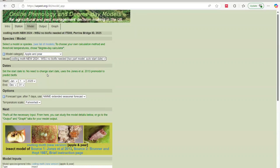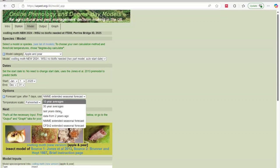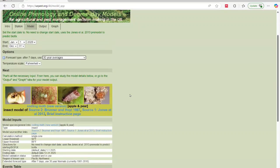So I guess one thing I should say, this particular model doesn't ask me to select a biofixed date, but if you did and you don't have one, when in doubt, just leave it as January 1st unless you have specific guidance. Otherwise, that's oftentimes fine. Okay, cool. So there are some other options that you're going to see down here. NMME extended forecast, that's just a particular blend of weather models that's going to be like an extended forecast for the weather at that station. This is a different seasonal forecast. This one's the default. You can look at a 30-year average. I'll select a 30-year average